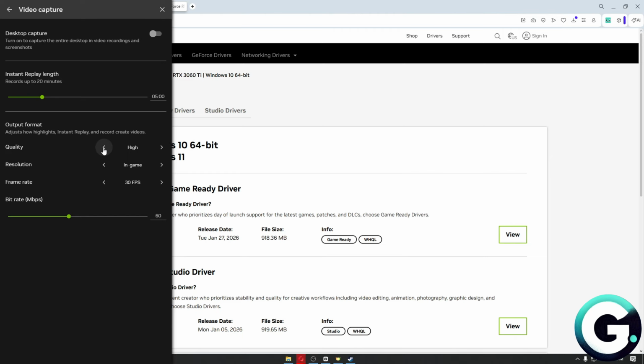But for the peak performance, just maybe set it to something like 30 FPS, making sure that it won't take up as much resources onto the video capture right here or the ShadowPlay, and you want to make sure to select something like in-game. Now with the quality, I suggest choosing high, so it will retain the high quality, but